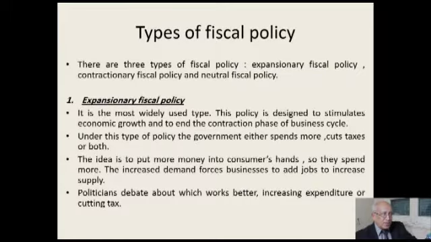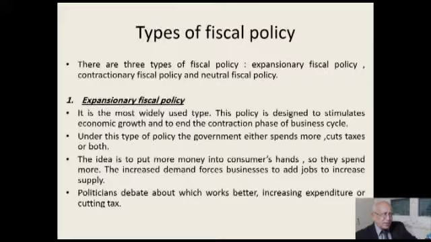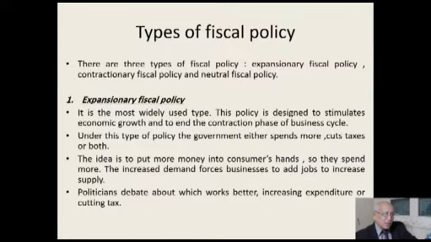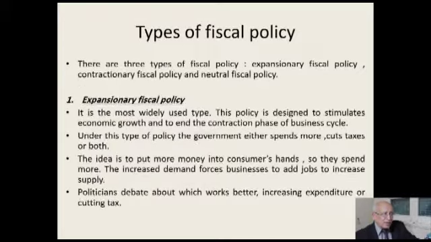According to this policy, government designs it to stimulate economic growth and end the contraction phase of the business cycle. It is against recession. Under this type, the government either spends more or cuts taxes or both. The government decides to either increase public expenditures or decrease taxes, or decrease taxes and increase public expenditure